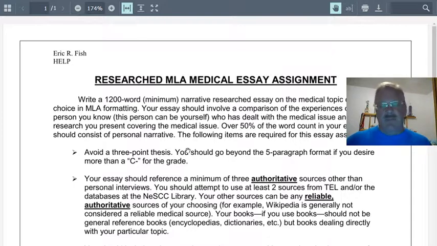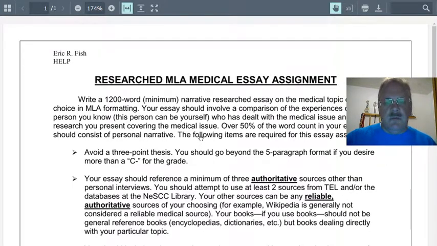I've certainly had some on Alzheimer's and various cancers, but I've had good ones on peanut allergies, on ACL tears. Sports injuries can work pretty well because something happens, you get treatment, and then you get rehab, and then you see if you're going to be okay later on. So sometimes that can work pretty well. Again, you can talk about yourself, you can talk about somebody else. A little easier to talk about yourself because you don't have to worry about interviewing them and processing that information, but it's kind of up to you and what interests you.